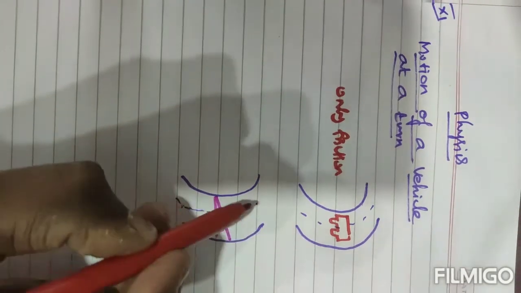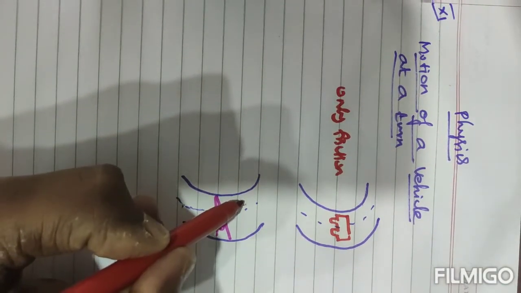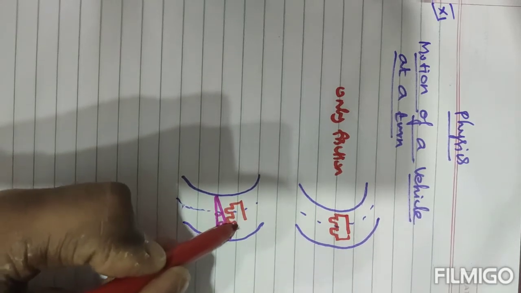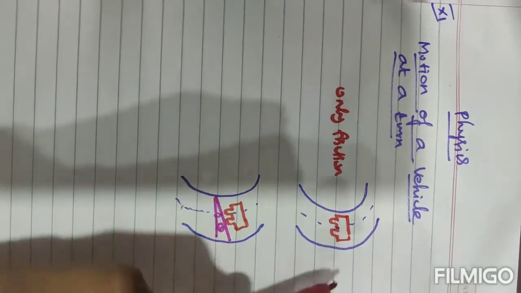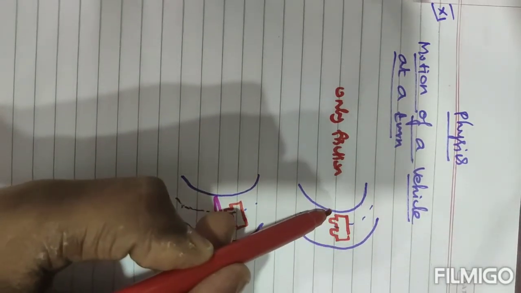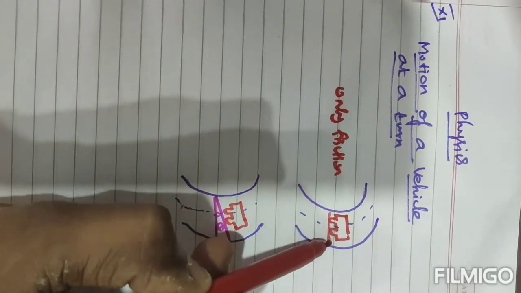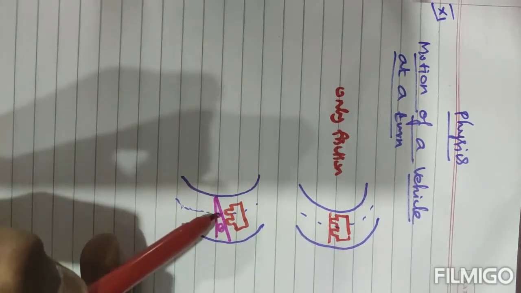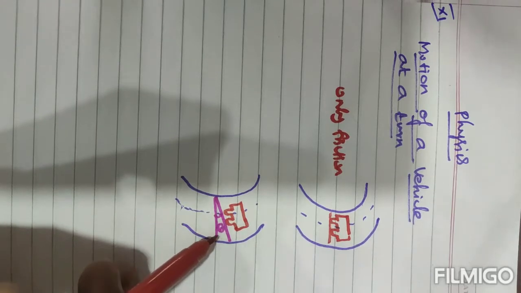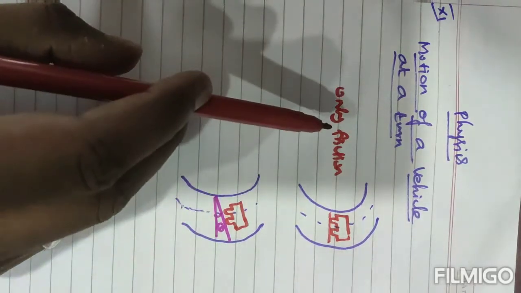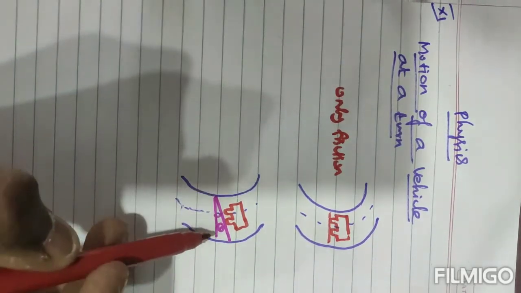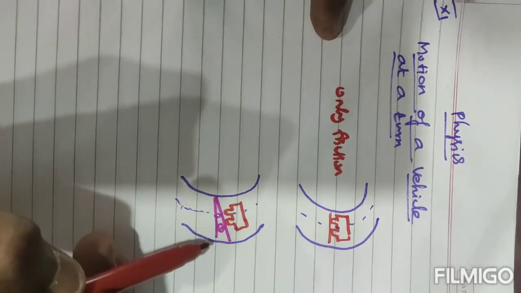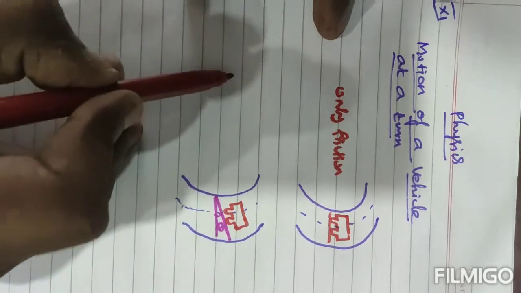The same vehicle. If you observe the diagram, you can understand the vehicle is a little bit inclined. Here the road is straight, there is no inclination, but here observe the road is a little bit inclined. In the earlier example I considered only friction. Here I consider only the angle, with very little friction. So here only the angle.